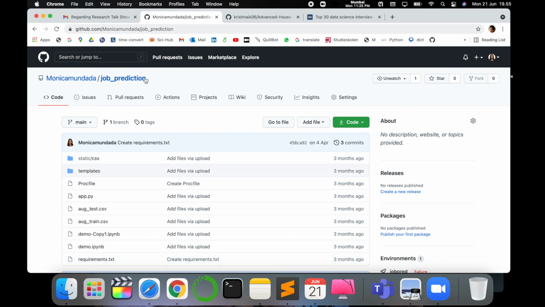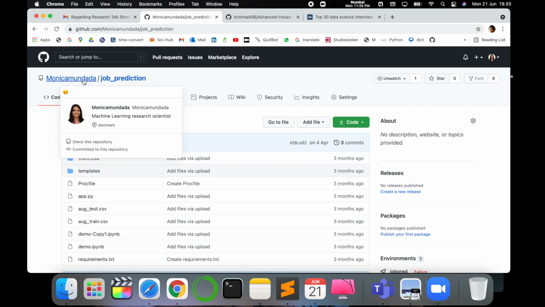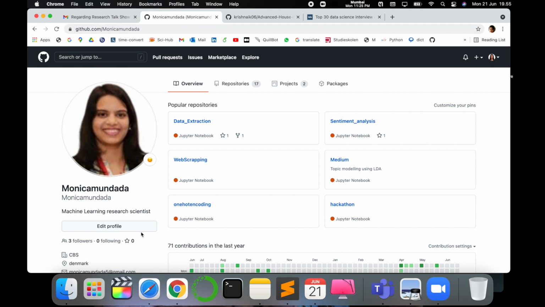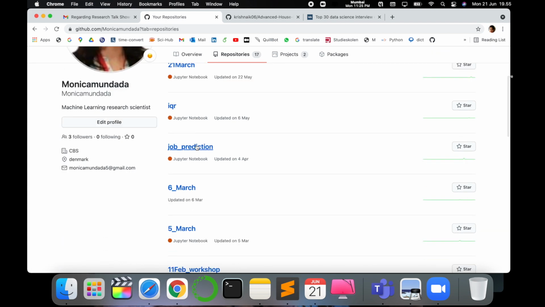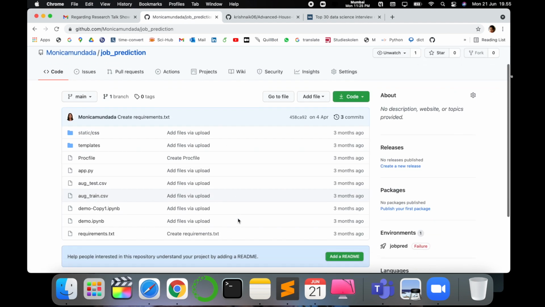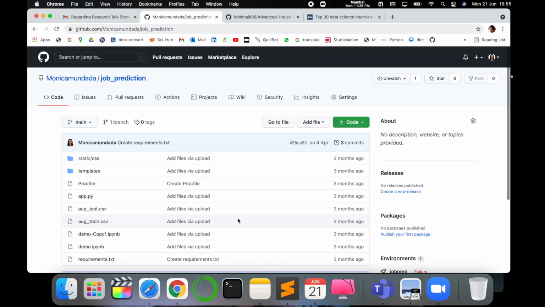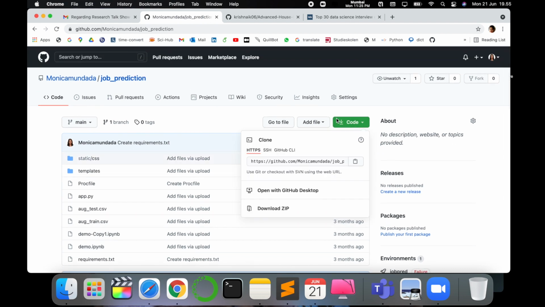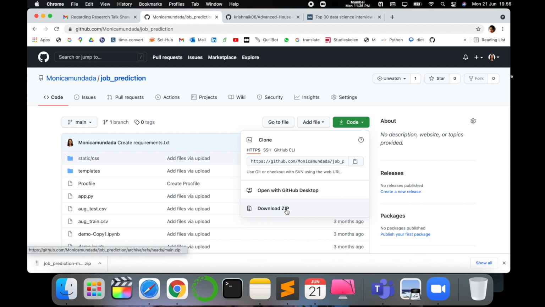Whenever you identify a GitHub repo that you wish to download, just go to that repository. For example, here on my profile page, I would like to go with this repository, Job Recommendation. I would like to clone it and download it and perform the execution. Just click on the green button, that is Code, and see Download ZIP. Make sure you download the zip file because then it will import all the required files